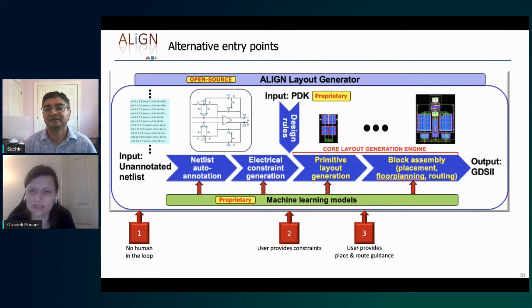Another question from Mishi Stockinger. He's from NXP here in Austin. How does this tool take into account guard ring and spacing requirements for latch up? For example, if there is an external I/O pin connection to the analog block. So currently, if there are scenarios such as that, I think it would probably be more useful for the designer to provide these constraints through entry point number 2. So we can actually hybridize this, where we generate some constraints from here, and we also honor user-provided constraints.